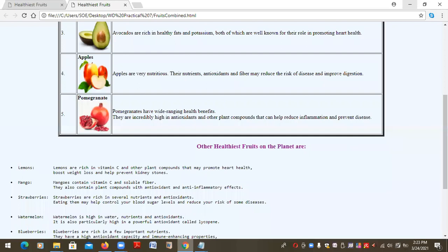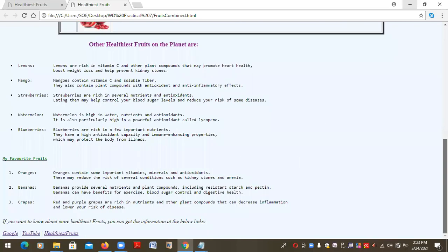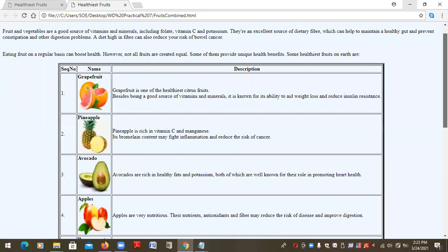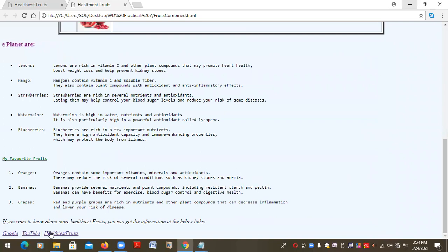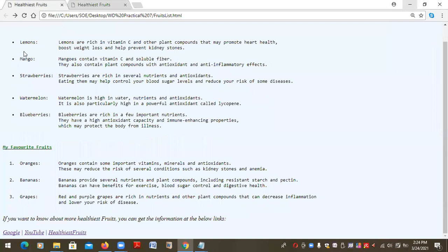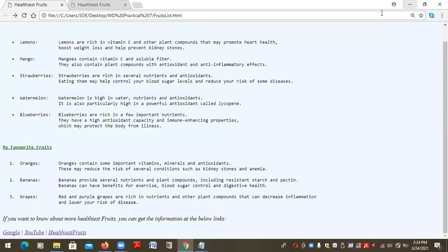Is it okay, students? Right? So this is like combining everything. Whatever we learn here, we learn the paragraph, the heading, the table, the list, and the link, and so on. So this is how you can design these things. Just now I showed you that from the second page, we can link to the first page also. That's the reason I want you to make three pages, because we are going to link between the pages.